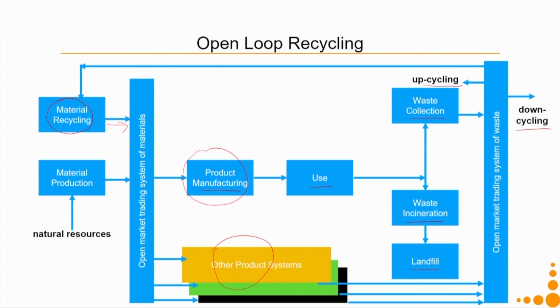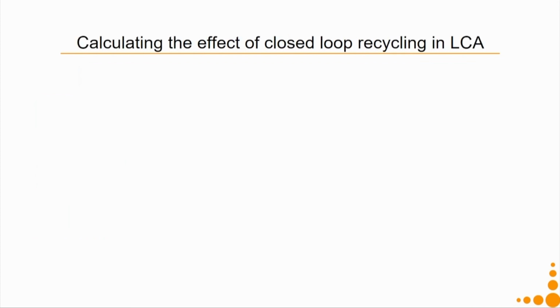So, what you see over here is that the eco burden of the recycling is not taken up by the manufacturer, it is done by a separate set of stakeholders. So, the waste materials are replacing input of other systems as well. The waste that is being collected not only influences my manufacturing unit's input, but also influences other product systems' inputs.